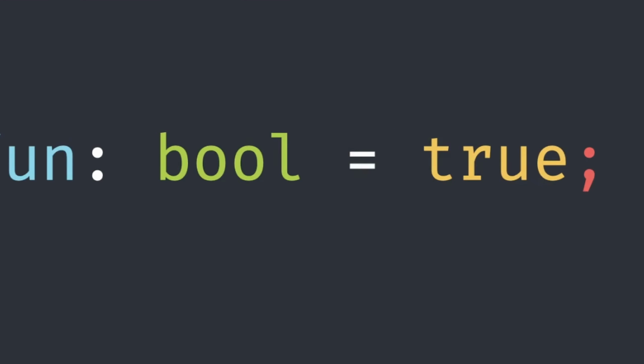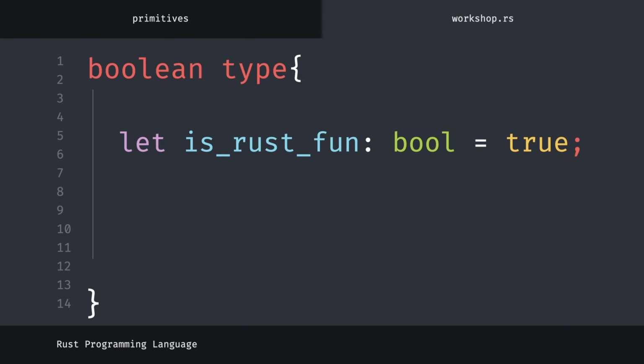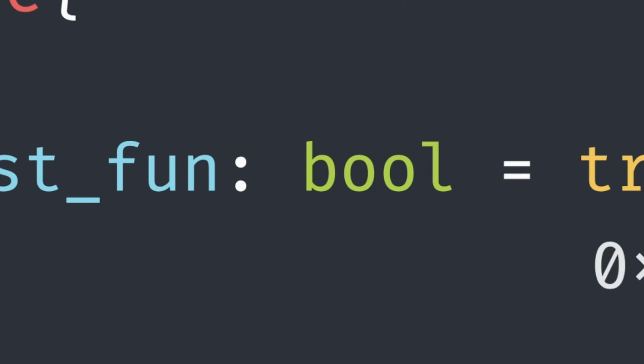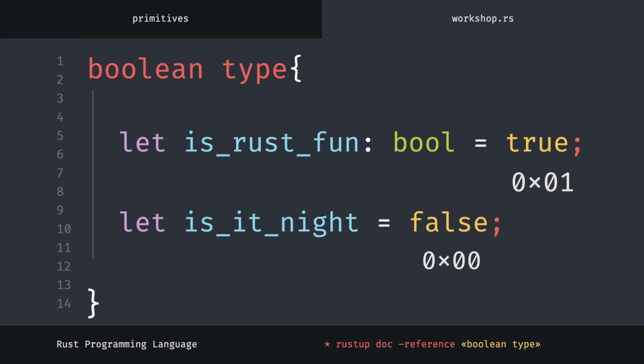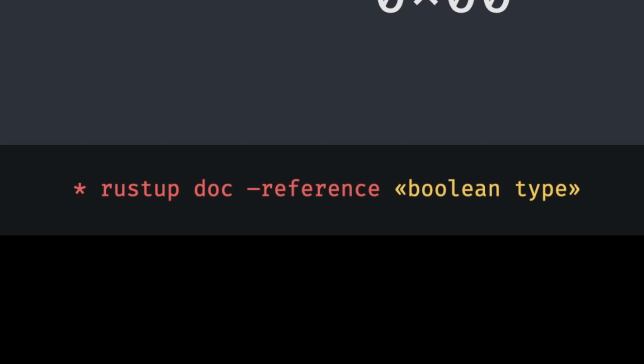When the lamp is on, it is represented as 1 in the hexadecimal system. You can define it by placing a colon, but when you type true, it will define automatically. Again, false if it is off, and it is represented as 0 in the hexadecimal system. You can find this information by searching for Boolean type from rustupdoc.